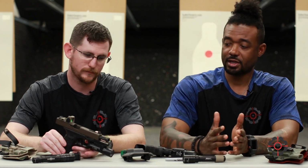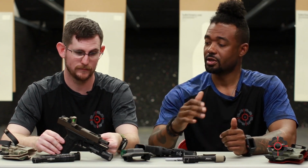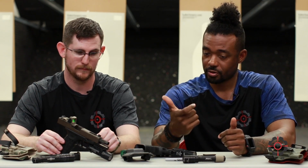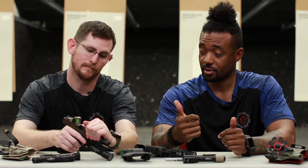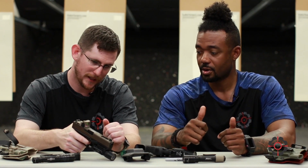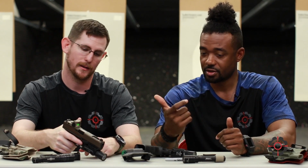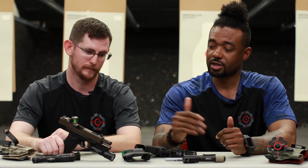So that's basically a simple gun. You just load the gun, point the gun, shoot the gun. Yep. Basically. The only thing you have to worry about on Glocks is some people will get their trigger fingers up too high on the trigger, and they can't deactivate that trigger safety. I've seen that plenty of times, where they're up really high, and they're like, why isn't this thing going? Exactly. Right, I'm up there, I finally hit it, right? And all they need to do is just move their finger a little bit lower in order to deactivate that trigger safety. Yep. So that's a good gun to learn on,